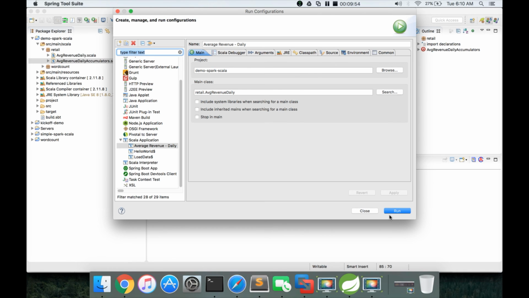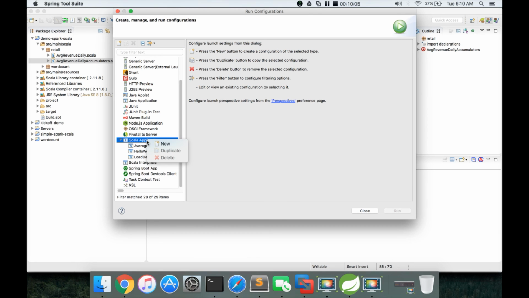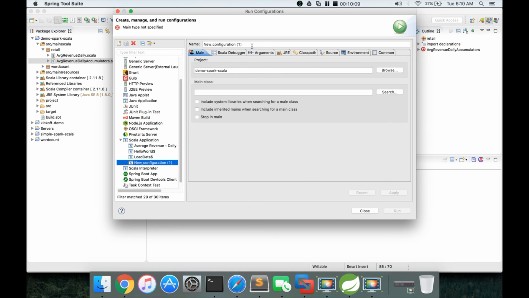Make sure you have all the required parameters. In this case, we are trying to run it on accumulators, not the average revenue daily. So we have to create a new one. New, average revenue daily accumulators. Okay,